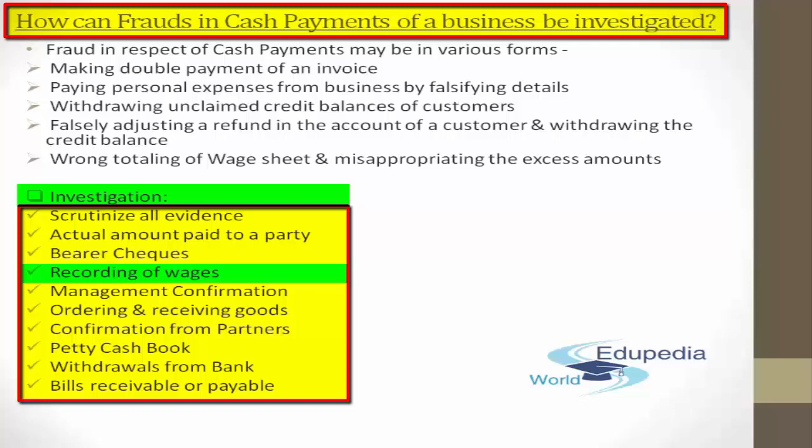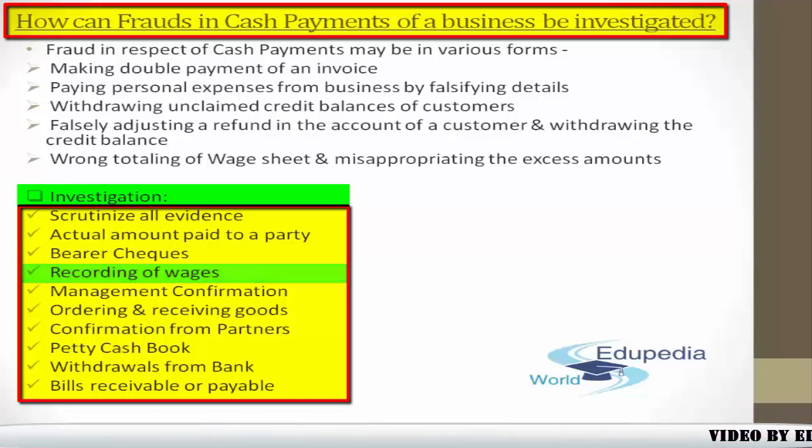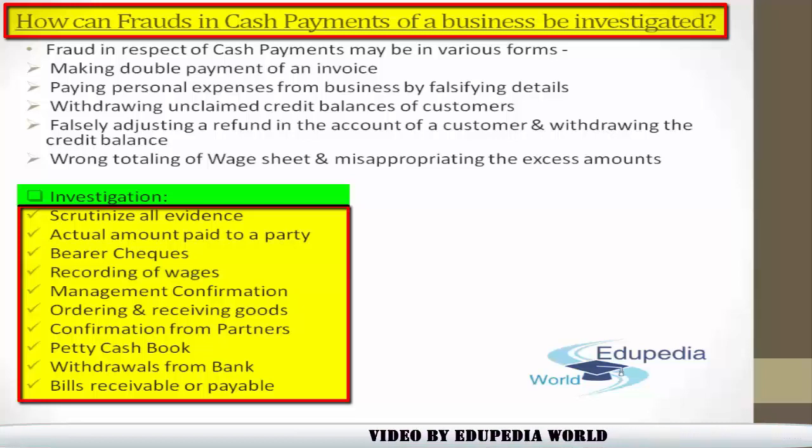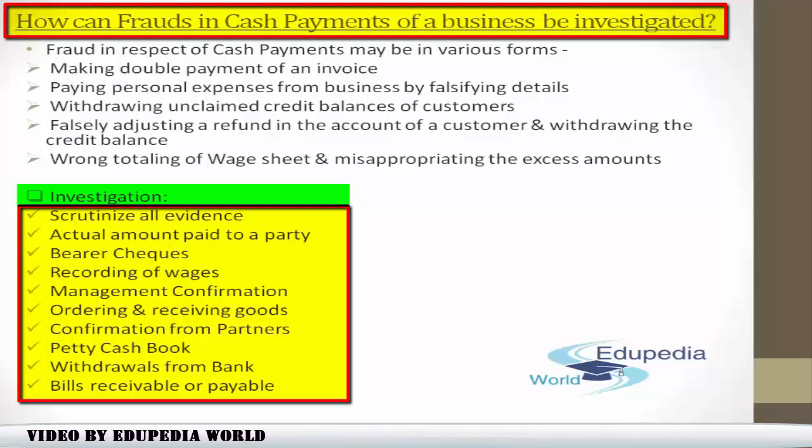Mostly in the government departments, it used to happen 5 years or 10 years down the line. I'm sure that this may be happening still in a few of the organizations, government organizations, that there is a person who is receiving the salary each month, but he or she is actually not existing. They are just on paper. So the dummy workman case was usually one of the scams which was being done in one of the prominent states of India. I'm not going to share the name, that's for sure.